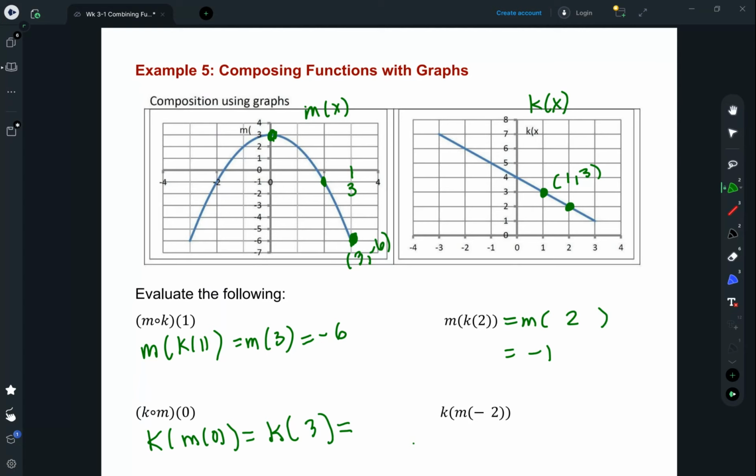So m of 0 is 3. Now I need to find k of 3, which looks like it is +1. And finally, k of m of -2. So the first thing I'm going to find is m of -2. Go to my m graph, go to -2, and I get a -1 out. K of -1 is 5. So just reading inputs and outputs